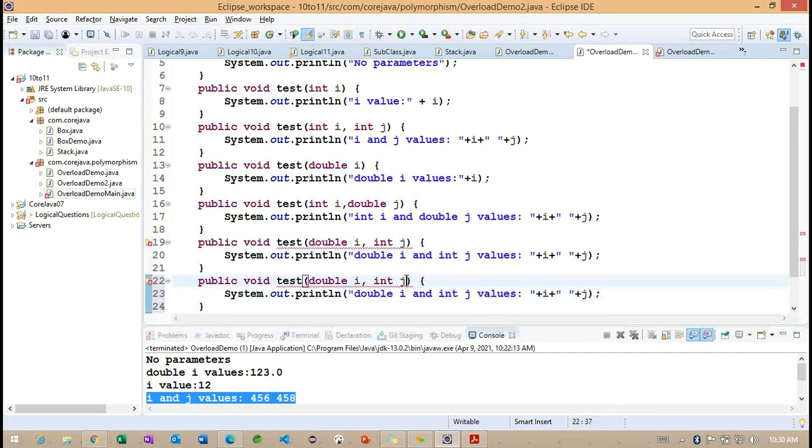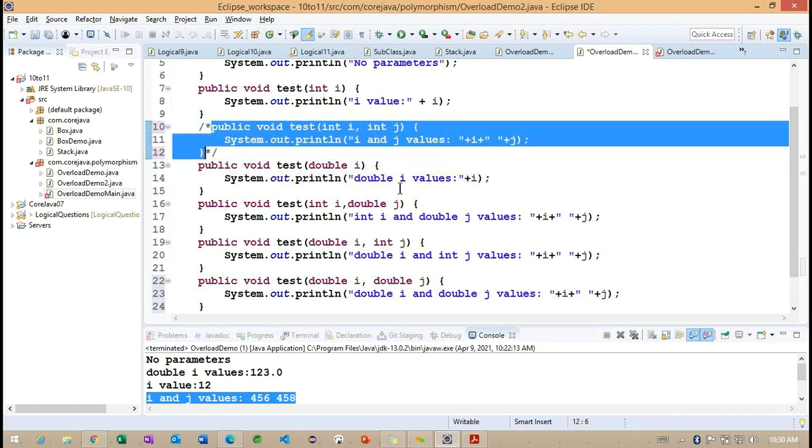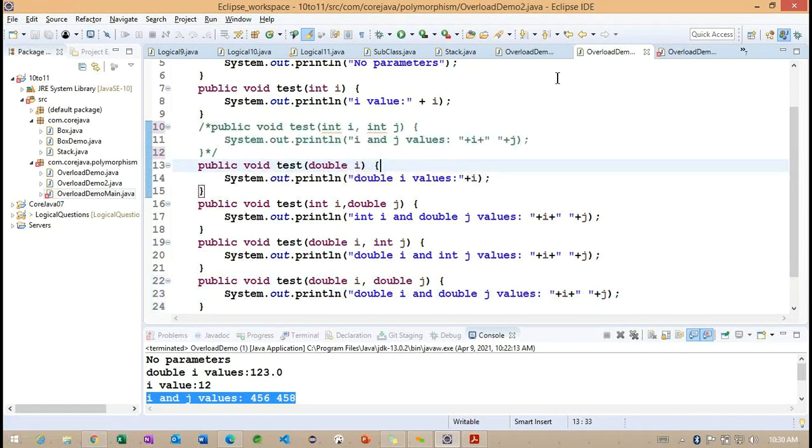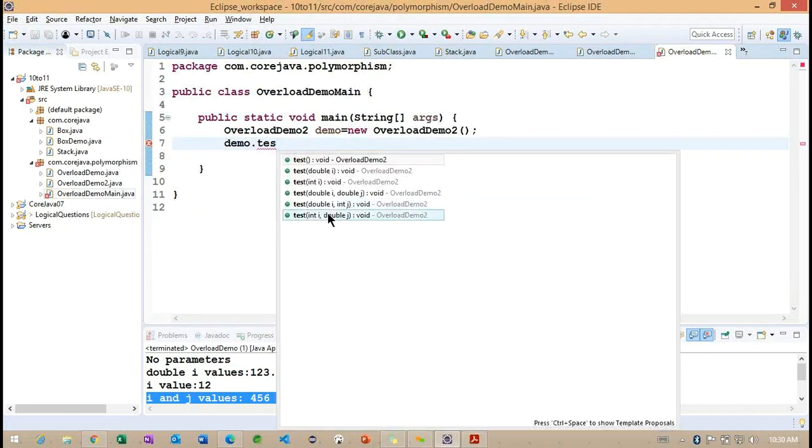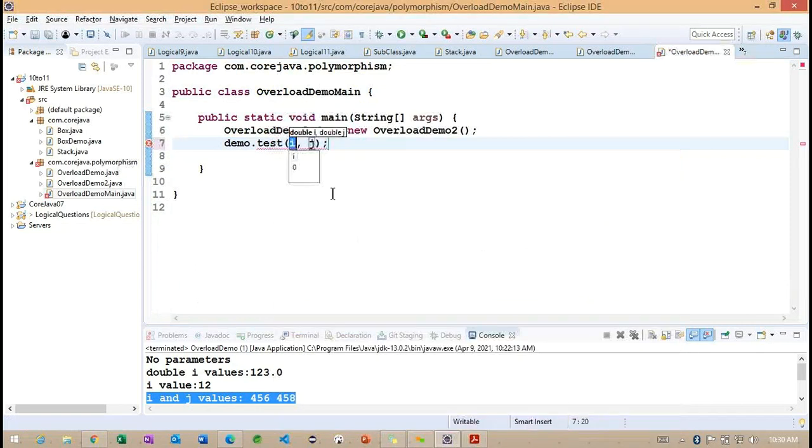I want to create one more method, which is going to take a double, and I want to comment out this section. Here I want to call it with the double data type.